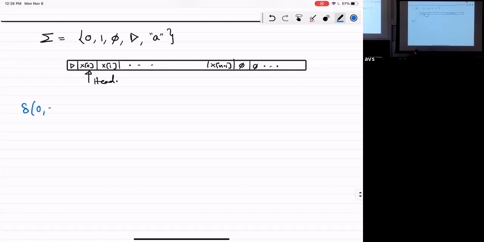And if I see a 0 symbol at the beginning, what should I do? I should remember that the first symbol is a 0, right? And it should also come with a specific instruction. Okay, you read 0, now you have to go to the end of the input. Okay, so I'm going to create a new state which I'll call go end 0, meaning I'm in a state where I'm going to scan to the end and try and match the ending symbol with 0.